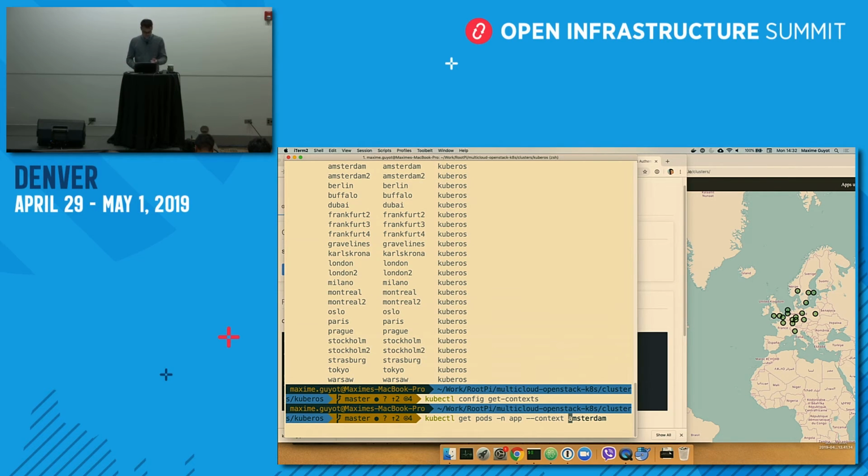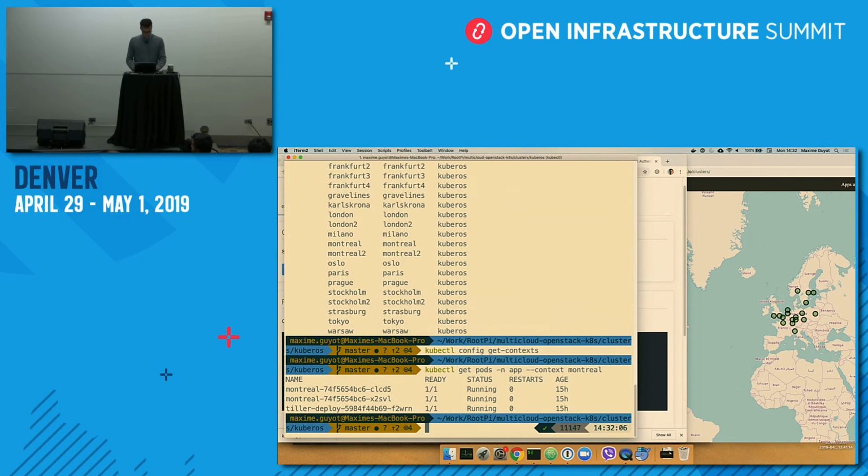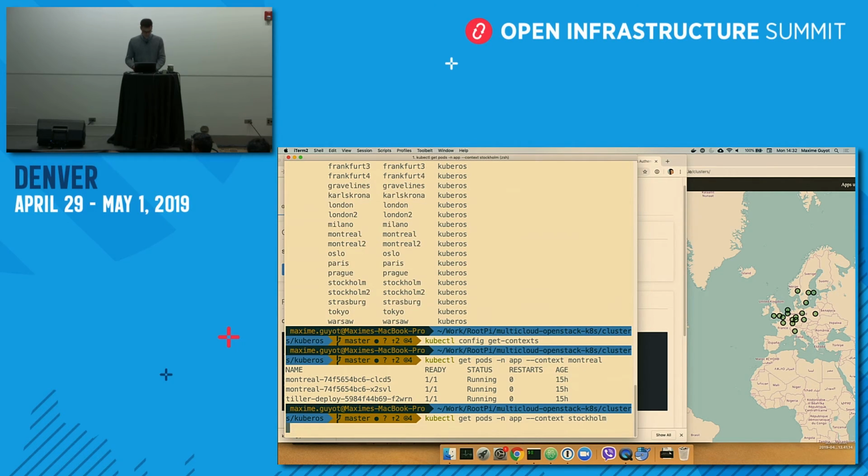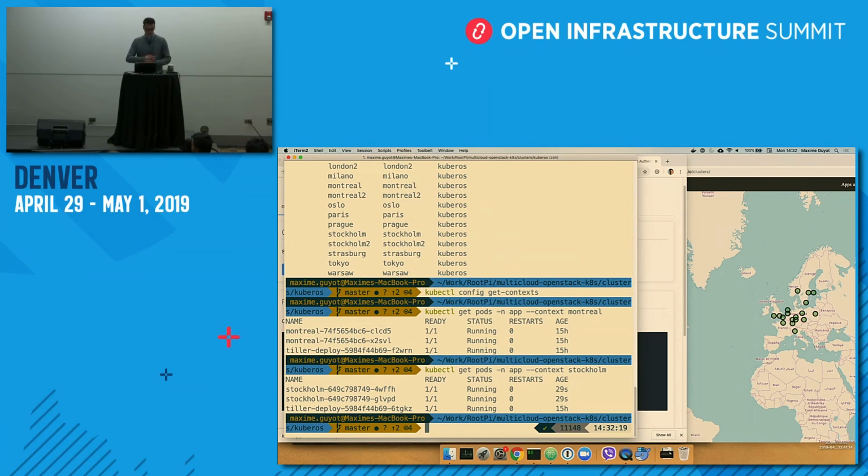So kubectl get pods in Montreal, for instance. Since we're in North America, we can see there are 2 pods there. Then we can see Stockholm as well. And this is really easy for your DevOps people or your developers because they have one config file, one identity, and you can handle as many Kubernetes clusters as you wish.